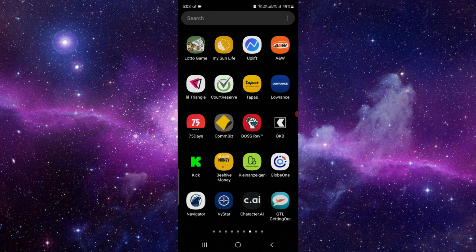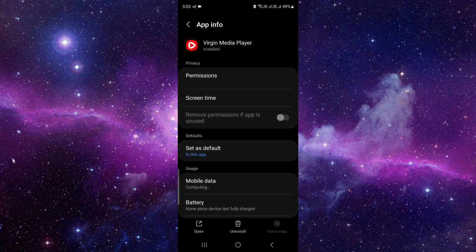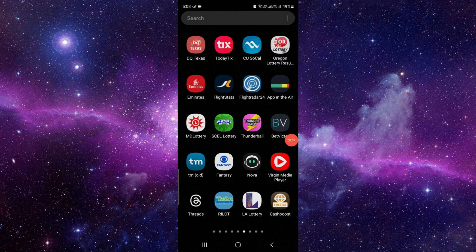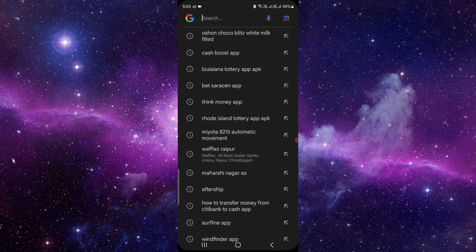Just press and hold it here. Click on this I button. Then scroll down and click on Storage. Then click on Clear data and delete the data. Okay, and open it again. If it works, fine. If it doesn't work, then you have to open your Google Play Store and